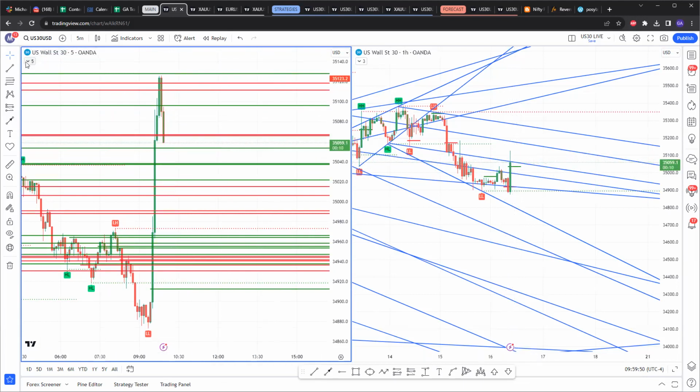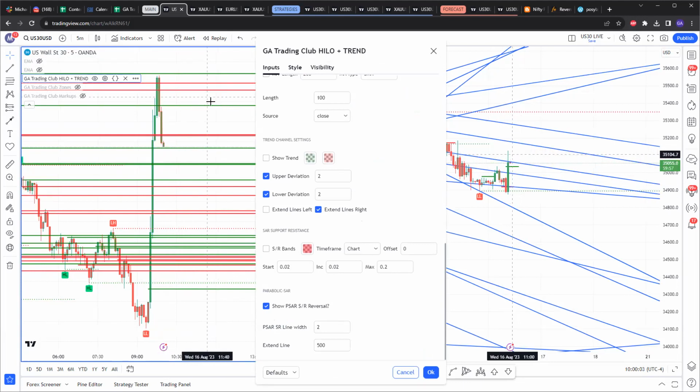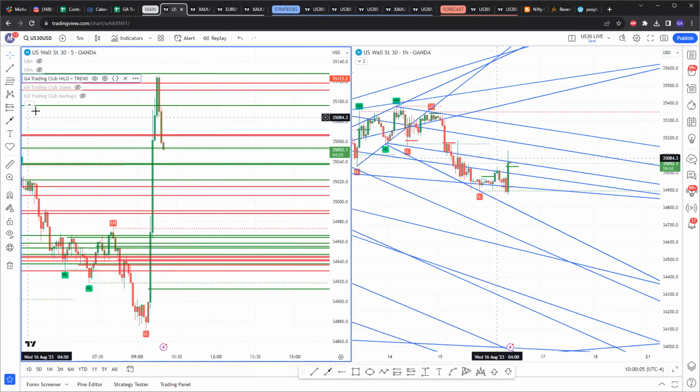So I'm just talking to my programmer, and we'll put an option in here so that you can pick. So for example, personally, I'm only looking for sells on US 30. So I should have the ability to hide the green lines, the green zones, so that I'm only left with the red zones. So this right here, for those of you who like extending on the 5 and 15 minute,